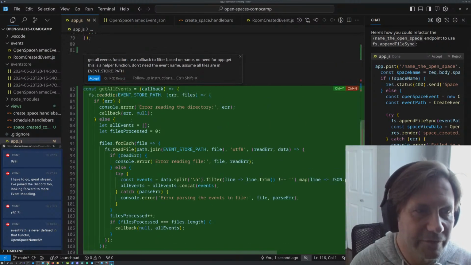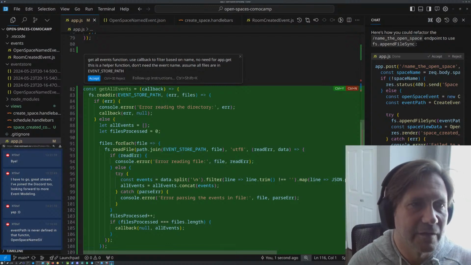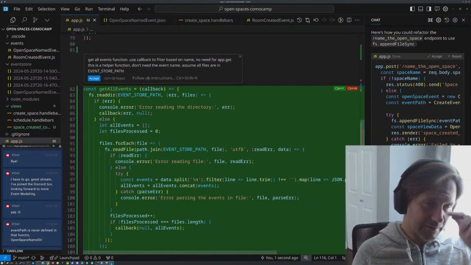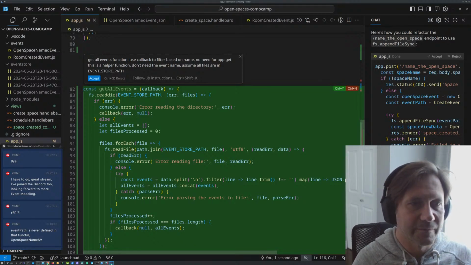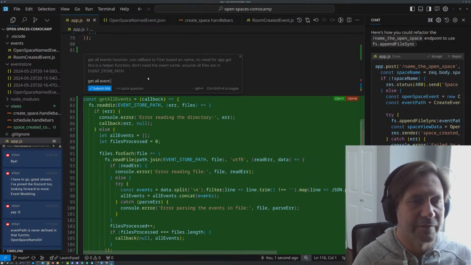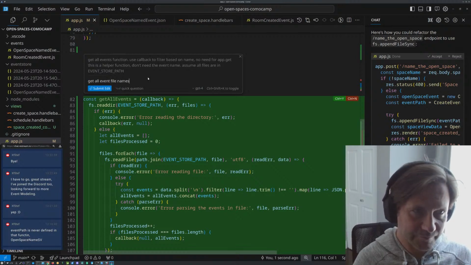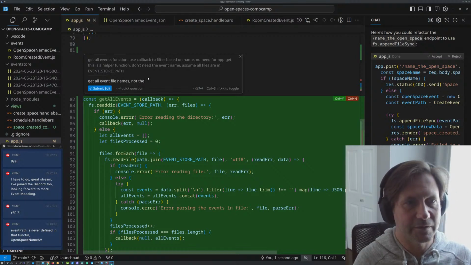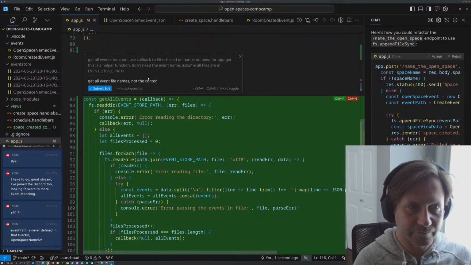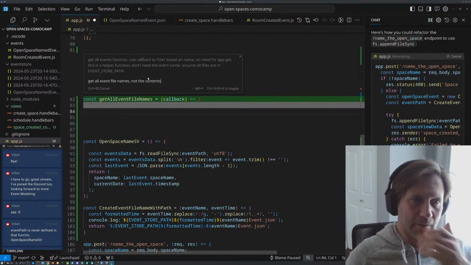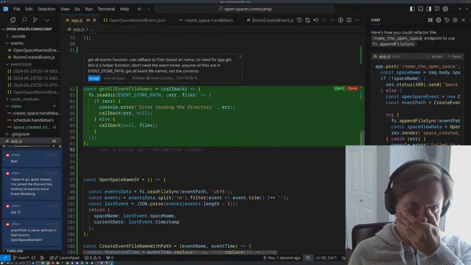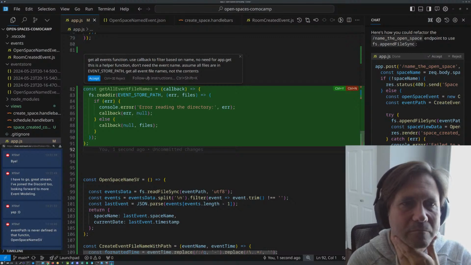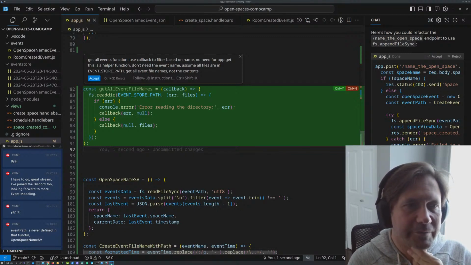I don't want to read file. I'm going to get all event file names, not the contents. Reader.